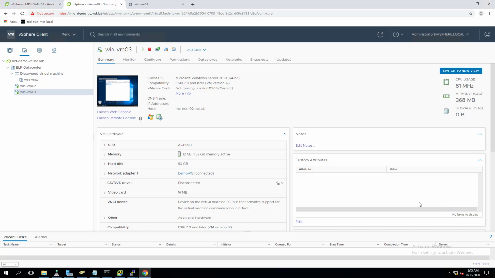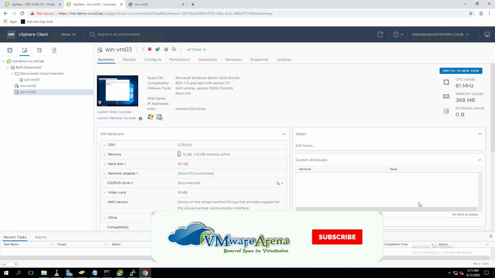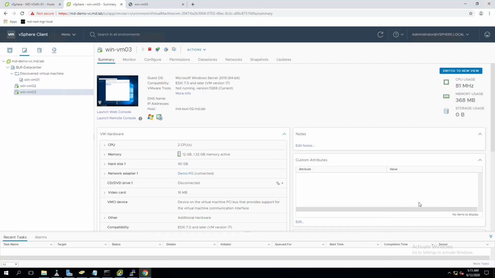So you can clone a virtual machine. In the previous video we talked about deploying a virtual machine from a template. A template also serves the same purpose, but there is a slight difference in the use cases for VM templates and virtual machine clones. In the next video I'll cover the difference between VM clone and VM template, and when to use each, with real-time scenarios. You can convert a virtual machine to a template only when it is powered off, but we can clone the virtual machine when it is powered on or powered off.